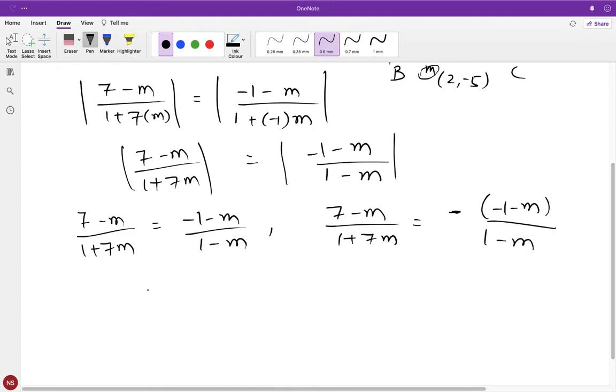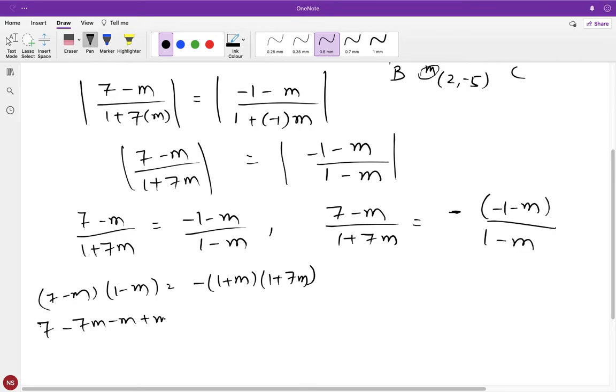We will solve both the equations. So take the transpose, multiply. 7 minus m into 1 minus m is 1 plus 7m into m plus 1. I have taken minus sign out. So 7 minus 7m minus m plus m square, negative sign 1 plus 7m plus m plus 7m squared,